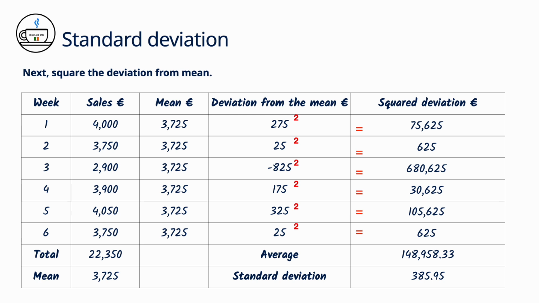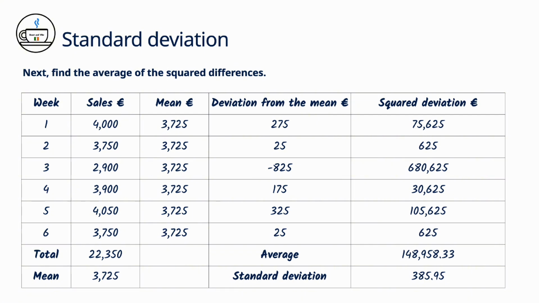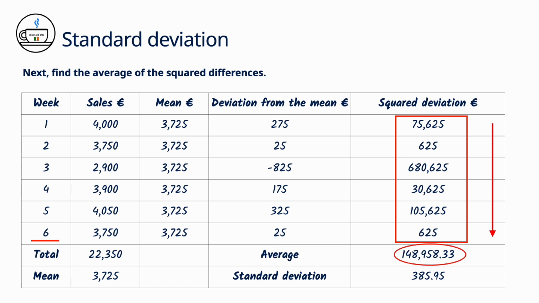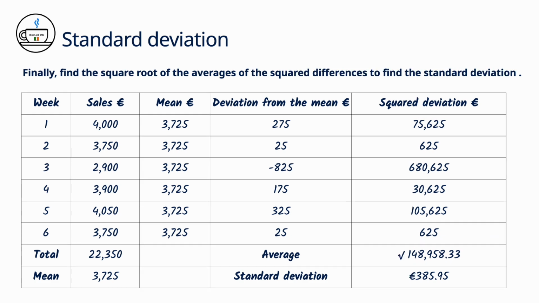Next, we need to find the average of the squared differences. We do this by adding the squared deviations and dividing by the number of items in the dataset. This gives us €148,958 and 33 cents. Finally, find the square root of the average of the squared differences to determine the standard deviation. In this case, the standard deviation is €385.95. This means that on average, weekly sales vary by about €386 from the mean of